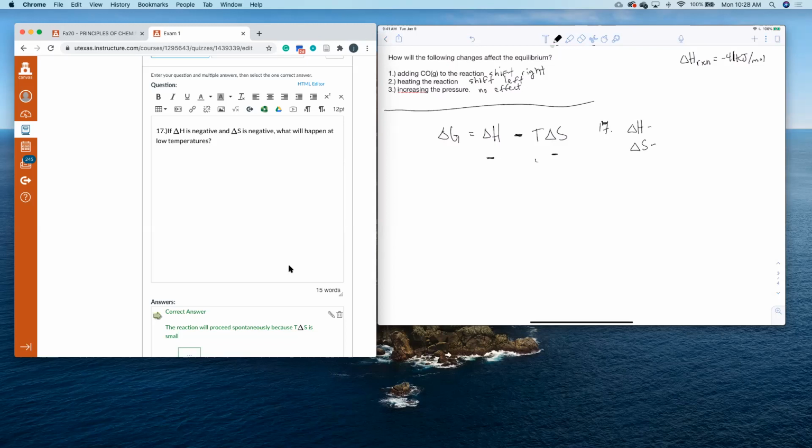Delta S is negative. But then it also says that the temperature is low. It's qualitative, so it's not saying exactly how low, but in terms of just picking from multiple choice, what's the most correct answer here? It's that the reaction is going to proceed. So for low temperature,